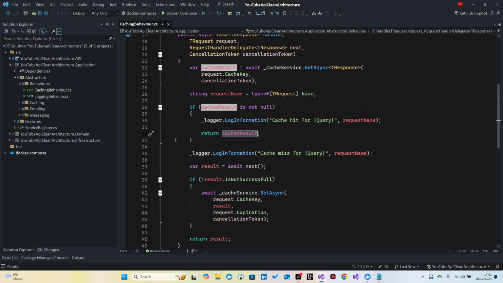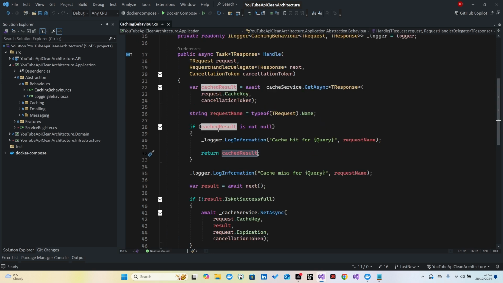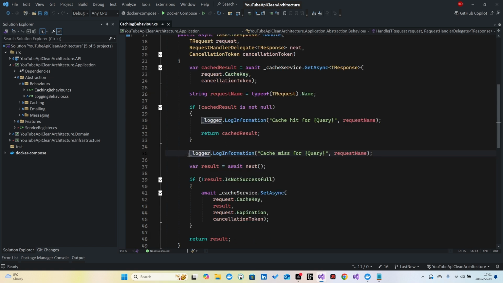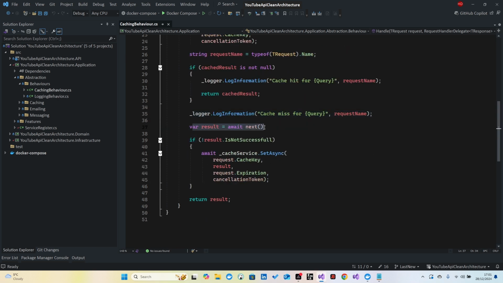This pipeline will immediately stop action after this return. But if you don't have any data with that cache key, so basically we just log, oh sorry, there is no cache, let's try to get the data. So we are executing the